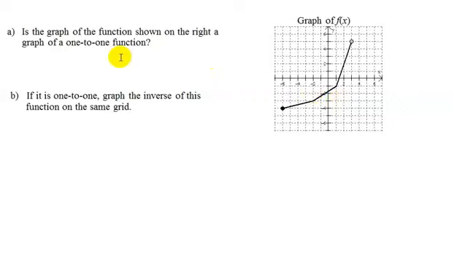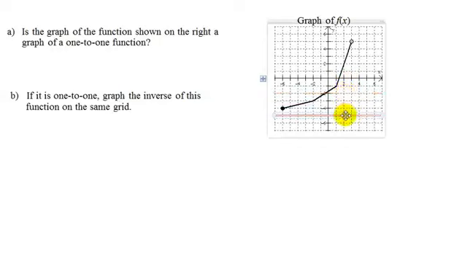But how do we test if a graph is a one-to-one function? Well, now I know it's a function, now I need to test is it one-to-one. And to do that, we use the horizontal line test. And remember, the horizontal line test says if a horizontal line can only cross a graph at most one point, then it is one-to-one. So here's a horizontal line. If I put it there, it crosses it one time right here. Move it down a little bit, still going to hit it one time,